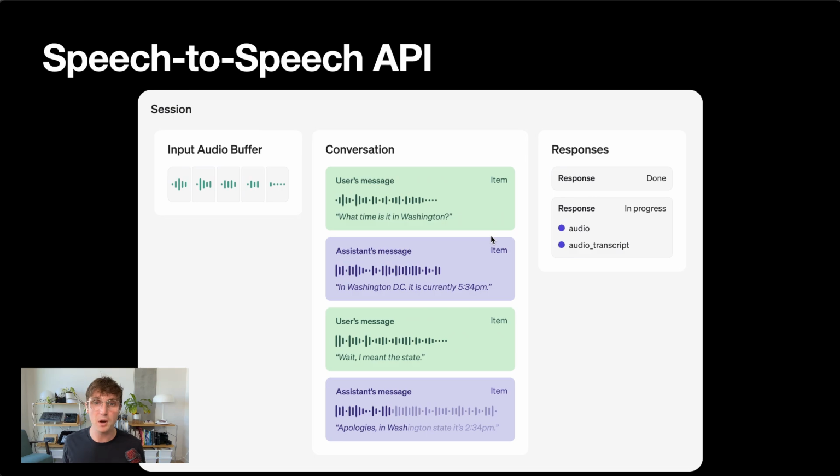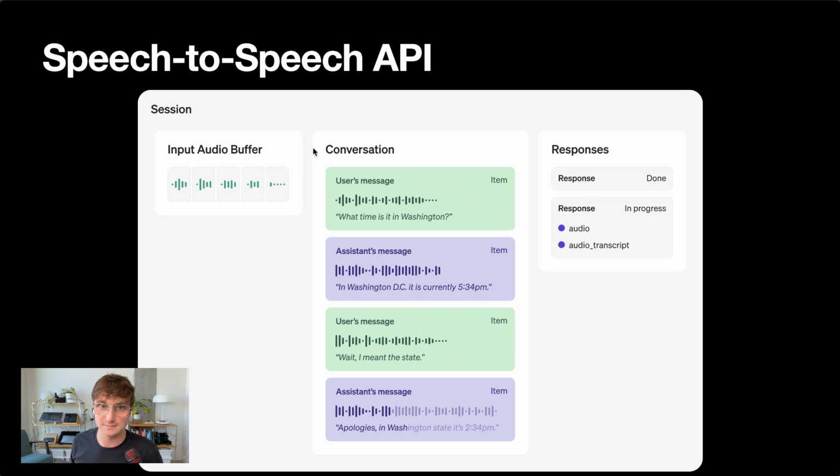So there are a few key components to making all of this work. The first is that you have the session or a WebSocket or WebRTC connection between the client and server. And you're going to need this session to generate the connection between the client and server because it's not a RESTful API. It actually has to operate with streaming audio in this instance. So what you do is you take your input audio buffer. So that's me speaking into the device. And you're going to use that input audio buffer to start interacting with the API in real time through that